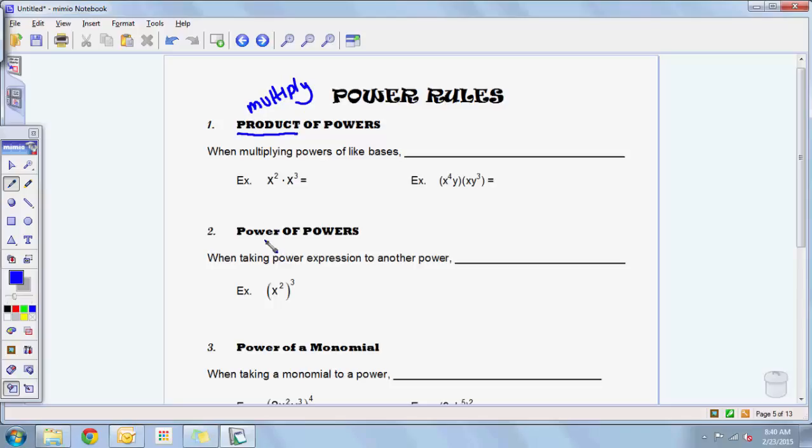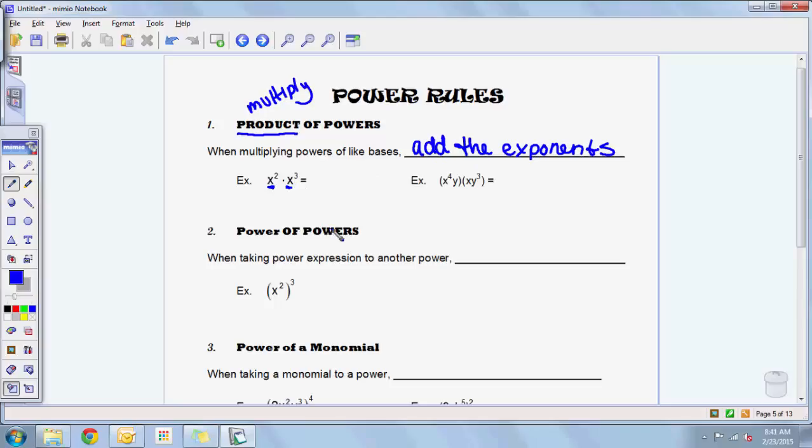Okay? So the rule when you are multiplying powers with like bases, so that's why we just talked about what bases are. X would be the base for each of these exponents. So since they have a like base, same thing over here, we have an X and an X. Those are like bases. Since we see that, we can go ahead and add the exponents. So I know it seems weird because we are multiplying these terms, but in order to simplify it, so we don't have x squared times x to the third,